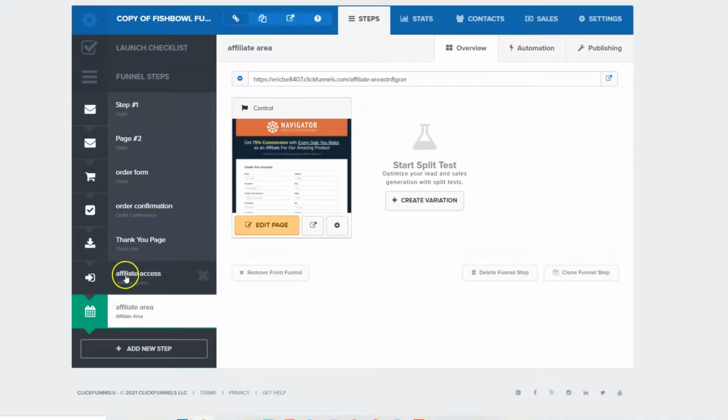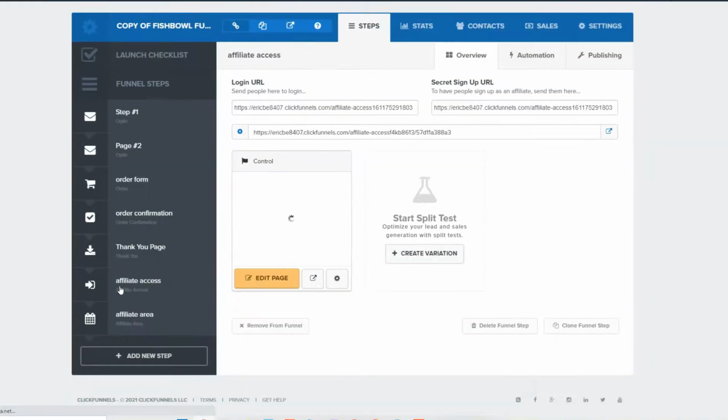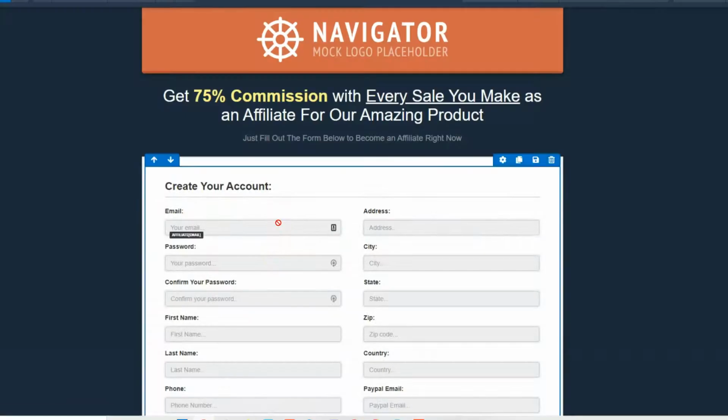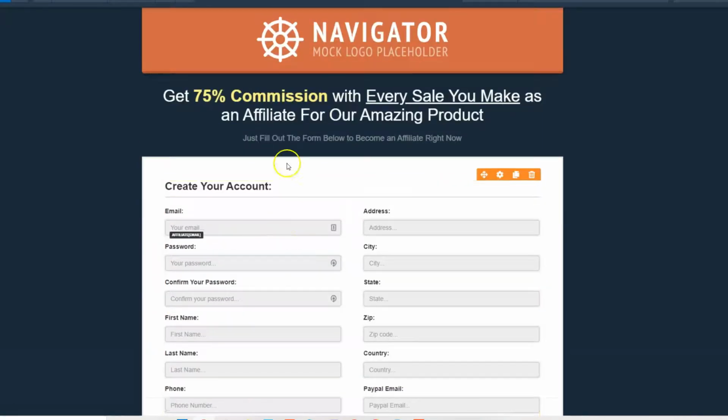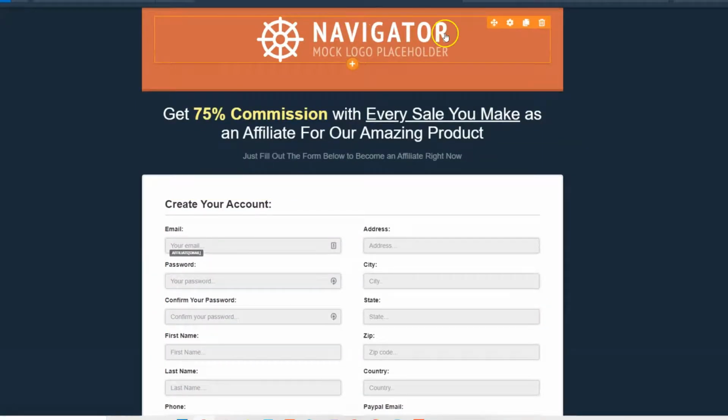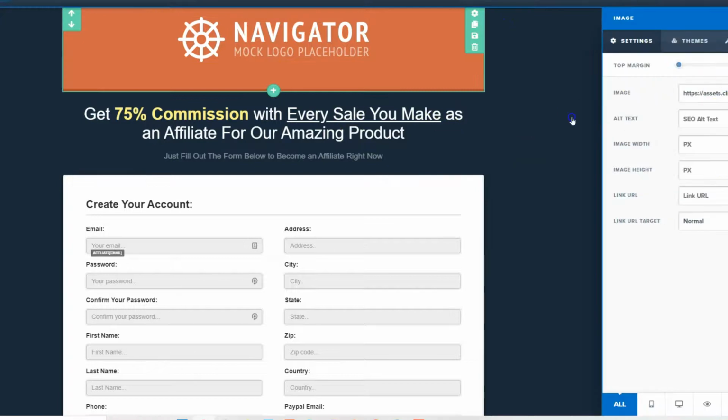Similarly, if you want to update the affiliate login page, then you can edit the affiliate access page. You can just simply click this edit page and you will be redirected to the edit page for affiliate access. You can just click the gear icon and change the image.